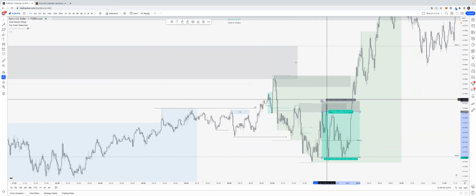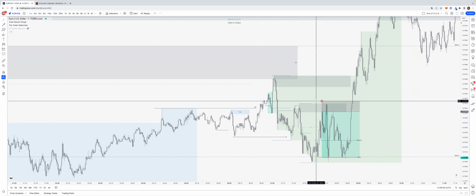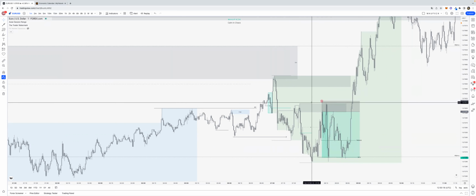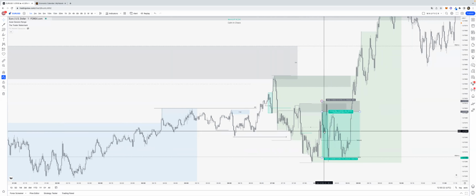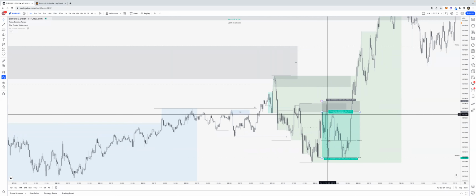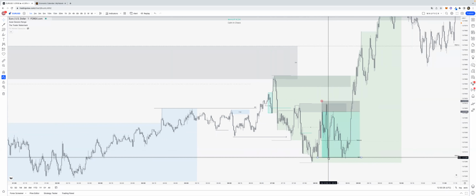Entry came from here, and price actually, over here, tapped 415. On MT4 it tapped 413, which is over here, which means my stop loss wouldn't be hit, but spreads took me out anyway, and that's a bit unfortunate. So I think this candle included the spread, and it just took me out. And then straight after, 1, 2, 3, 4, 5, 6, 7, 8 candles, within 8 minutes, it hit